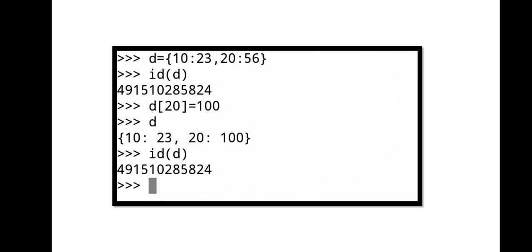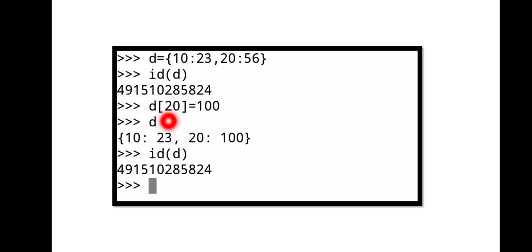Next, I have taken an example of a dictionary. D is equal to, I have told you a dictionary contains key value pairs. So this is the key and this is the value. Again this is the key and this is your value. So 10 and 20 are keys and 23 and 56 are their corresponding values. When I have displayed the address of D, this is your address.